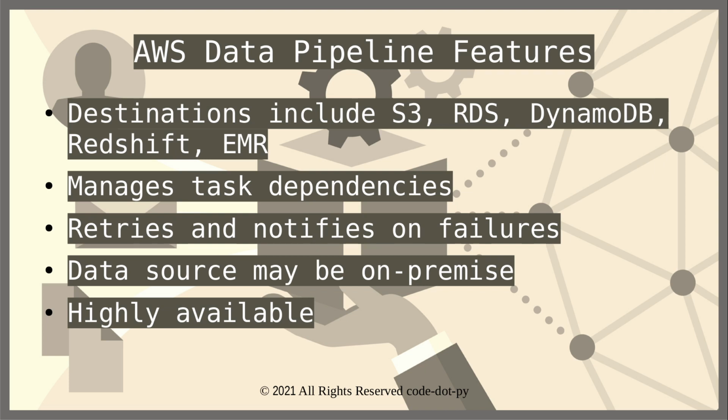It is used to manage task dependencies, as in if you have a dependency where, for a particular task to trigger, a previous task has to complete, and for a particular task to move to the next step, the next task has to be in the pipeline, ready to accept the input. Because it's an orchestration service, it also allows for retries and automatic notifications in case of failures or even success. There is also flexibility for the data source to be on premise, and it is a highly available service, and AWS takes care of the availability part.